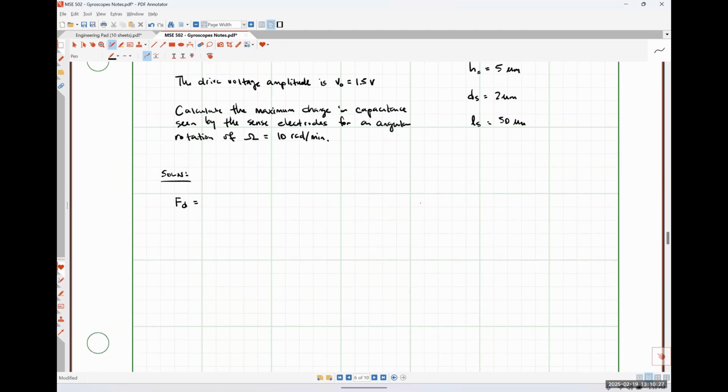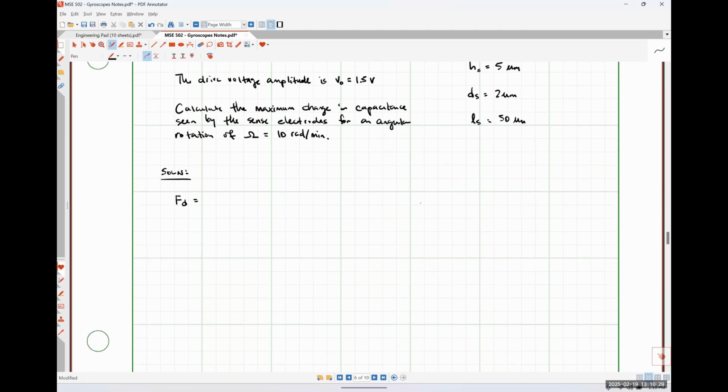So from that lecture, we would find that our force, and I'm going to have a factor of 2 here because there are 2 actuators acting, is twice VDC times V naught, the amplitude of our AC vibrations, times ND epsilon H sub D